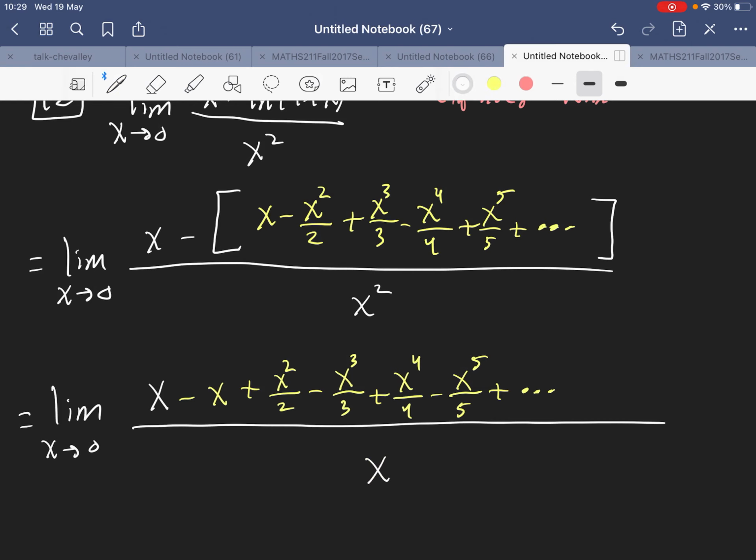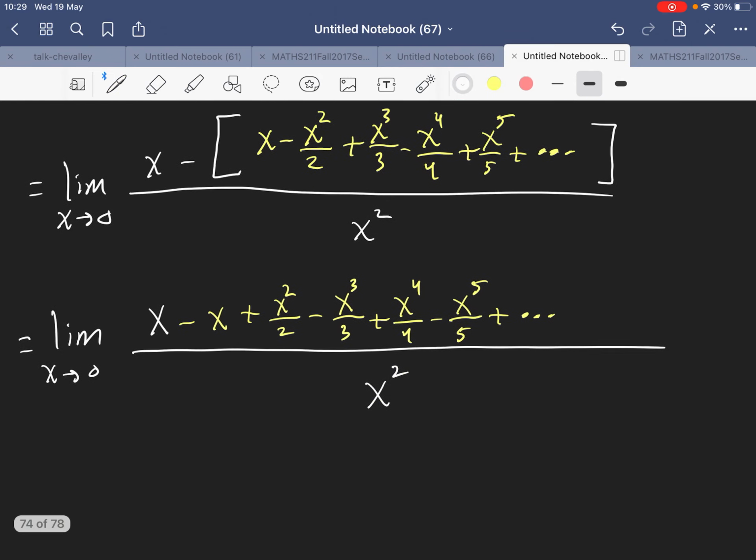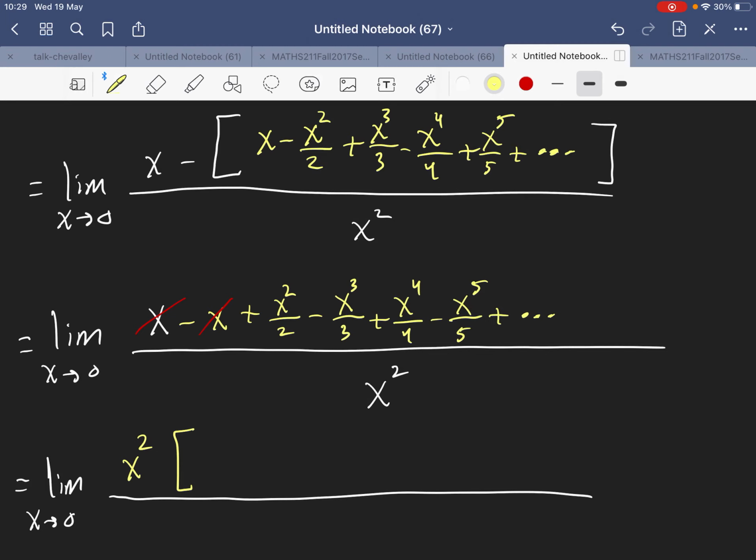over x squared. Now, x minus x get cancelled. Okay. And then we need to take x squared as common factor. So we take x squared as common factor. What will be left is half minus x over 3 plus x squared over 4 minus x cubed over 5 and so on